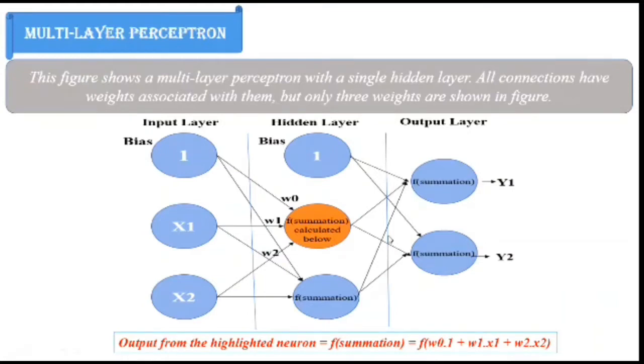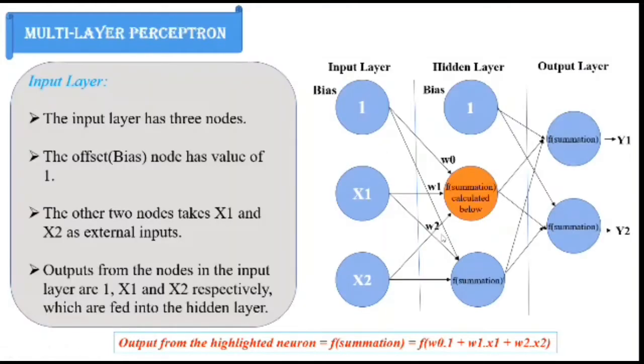So over here in this multi-layer perceptron we have this input layer and this hidden layer and the output layer over here. Now let's start with the input layer. In the input layer we have two external inputs, x1 and x2. Now along with these external inputs we also have a bias. So the bias will be generally 1. Now these inputs are sent to the hidden layer, and these links between the input layer and the hidden layer are basically associated with the weights.